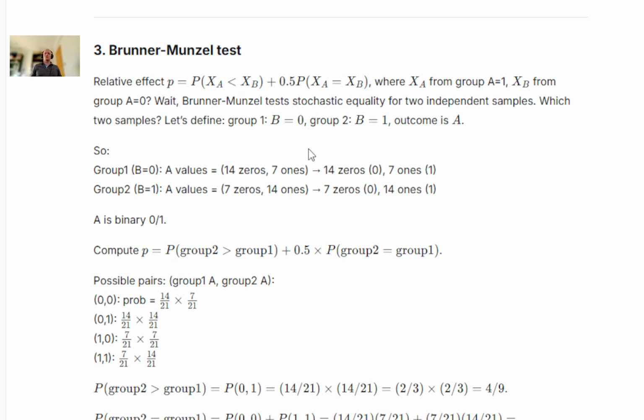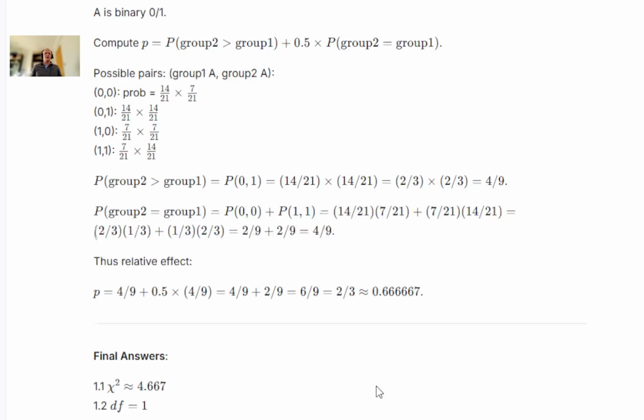So that's a lot of comparisons, because you have 21 observations in each group. So the number of comparisons is 21 squared, or 21 times 21. So that's a lot of comparisons. And well, then you can do all kinds of calculations, and you can calculate it in different ways when it's just dichotomous variables. You can calculate it faster, as is done here, and you will see that the relative effect is about